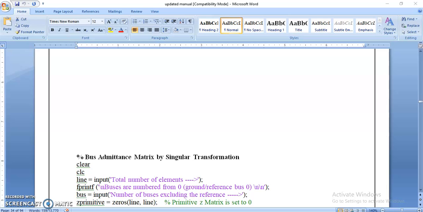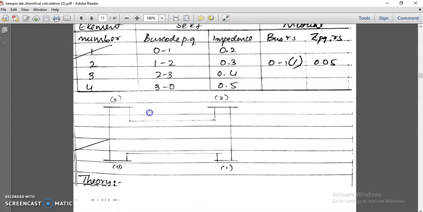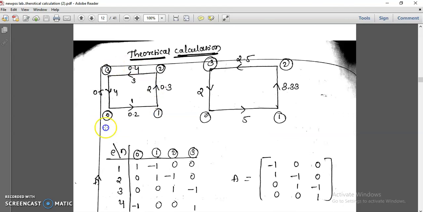This theoretical calculation I am going to show here. I will redraw the diagram with these specified values: the first element impedance 0.2, then the second 0.3, 0.4. All these impedances I'll convert to admittance. This is the impedance value they have given in the problem.